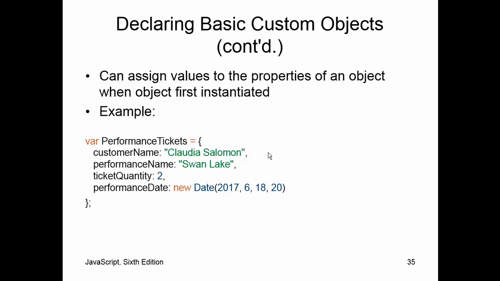So notice we're trying to create an object here, and we're saying that the name of the object is performance tickets. It has a customer name, a performance name, a ticket quantity, and a performance date. The customer name is Claudia Salomon. The performance name is Swan Lake. The ticket quantity is 2. And the date,